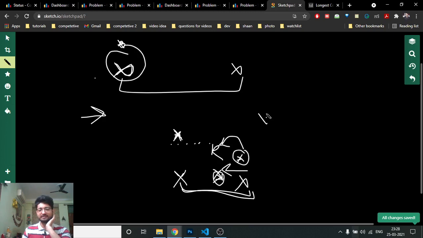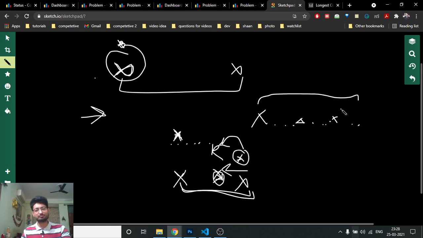What I mean by this is there is some X and then there are some dots, some star, some dots, some star, and so on. And you want that in this range there should be at least one more X, but there is no X, there are just dots or stars. You find the first star, because you want to place the next X as far as possible, so you have to do this greedily. If you put another X here, then it's of no use. You have to minimize the number of operations.